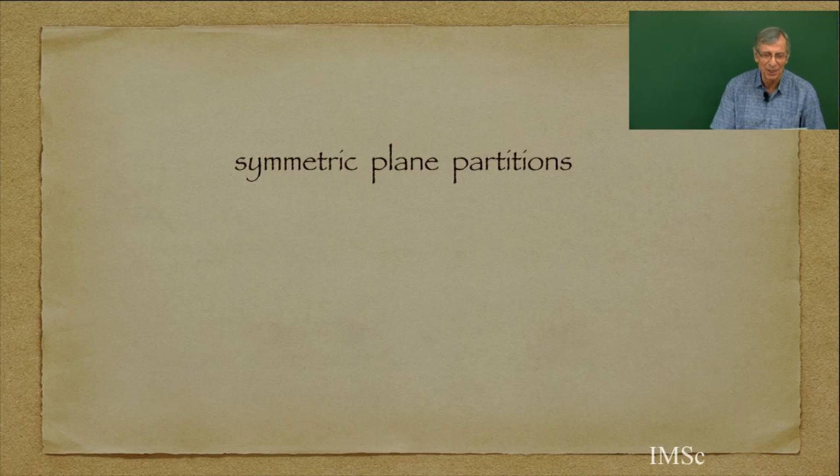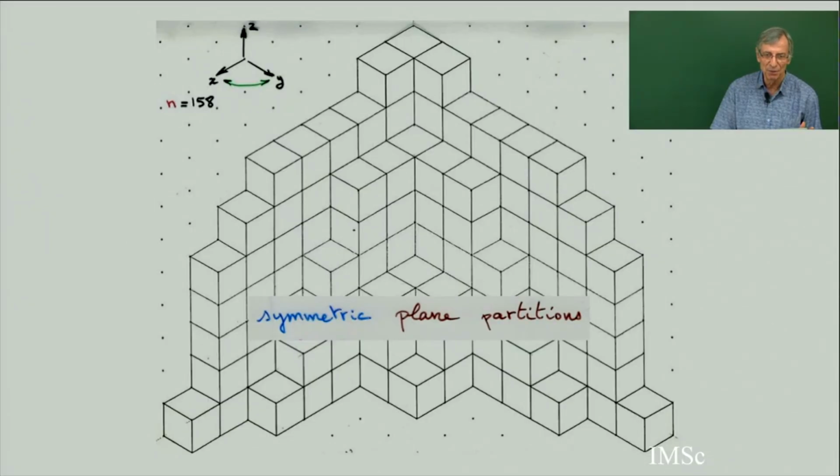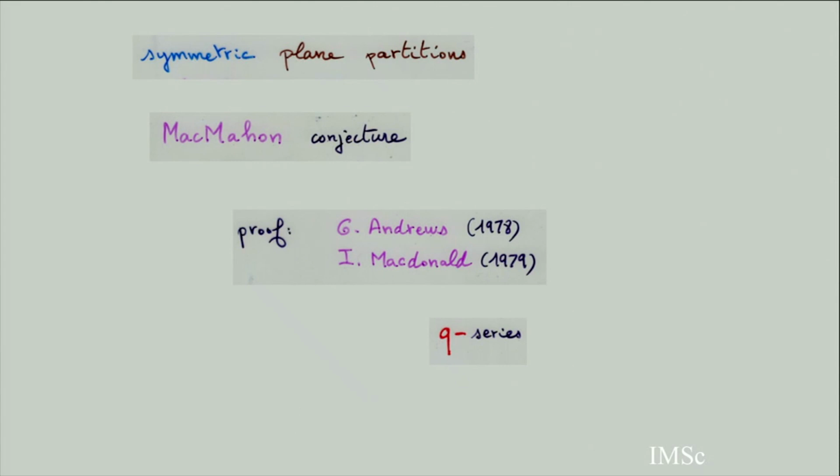And I give you the story of the Einstein matrices, how the Einstein matrices appear in the literature. It appeared in '82, so a long time ago. The story starts with MacMahon. MacMahon had a conjecture for the generating function of symmetric plane partitions. We have seen plane partitions, the MacMahon formula, and symmetric plane partitions. Symmetric means you exchange the axes x and y. If you take a symmetry of the left-hand side and right-hand side, then it must be the same. This is called a symmetric plane partition, and MacMahon's conjecture gave a formula.